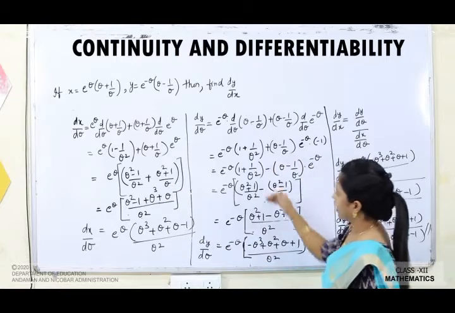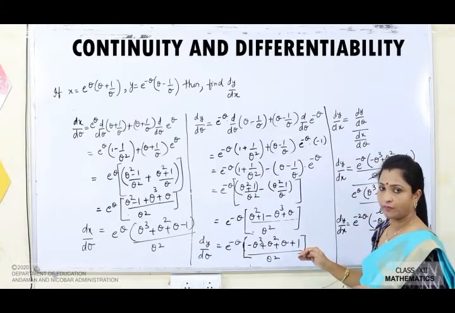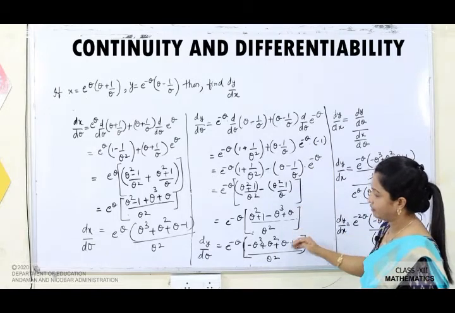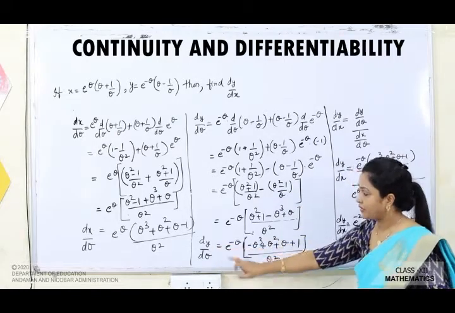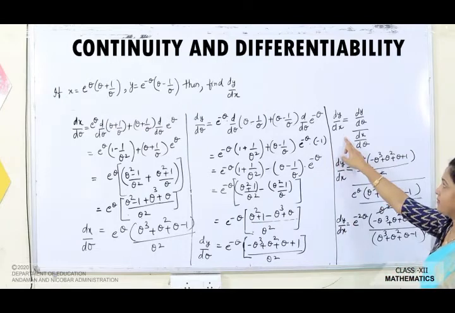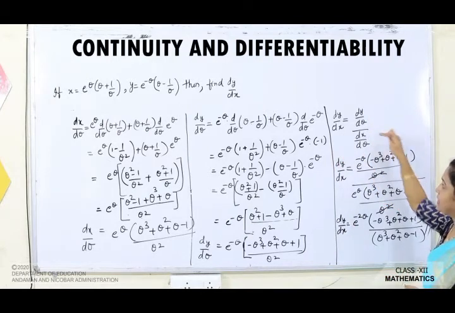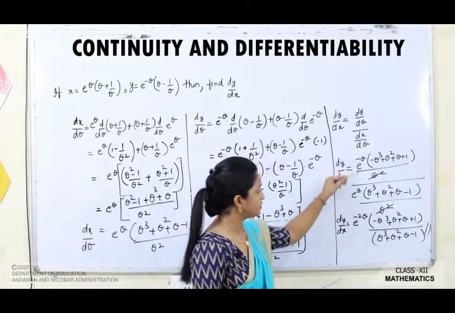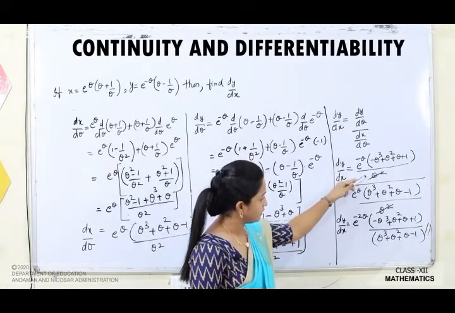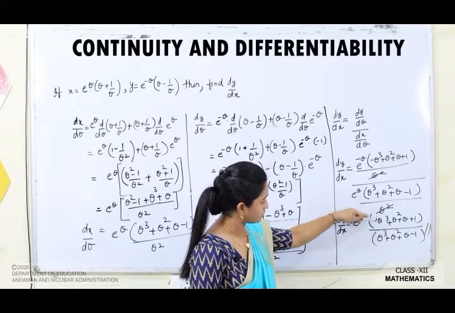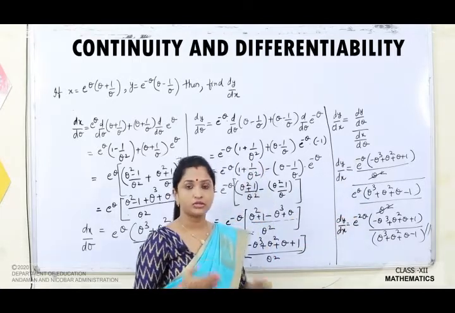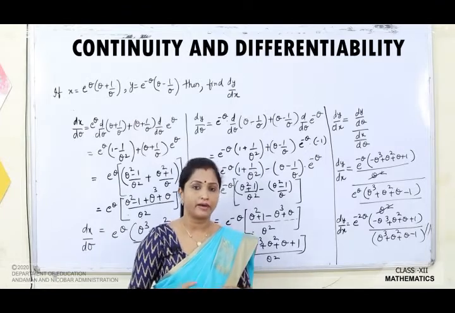Same way this also you have to solve it, same way, okay, you have to apply product rule because it is the product of two functions. Same way apply chain rule and find the value of dy by d theta, and finally find dy by dx, that is dy by d theta divided by dx by d theta. So dy by dx will be what? Just substitute the value. If something is getting cut here, you cancel it, and what is left out, you have written the answer. So this is the way you have to solve the parametric form.